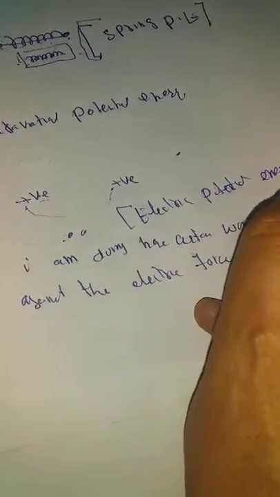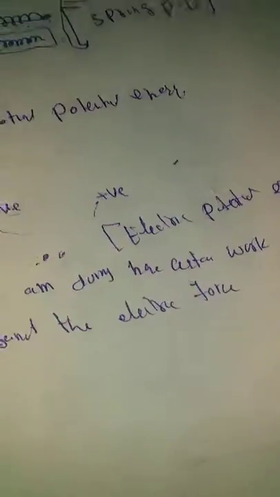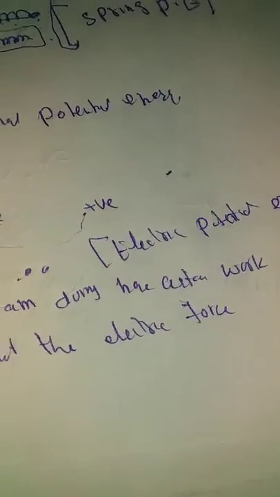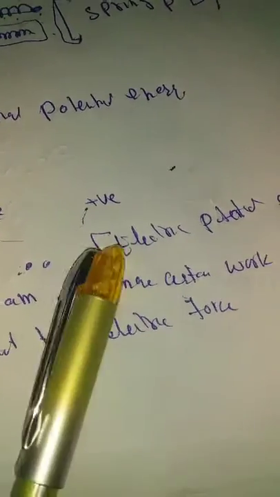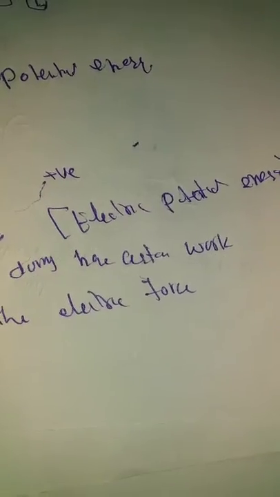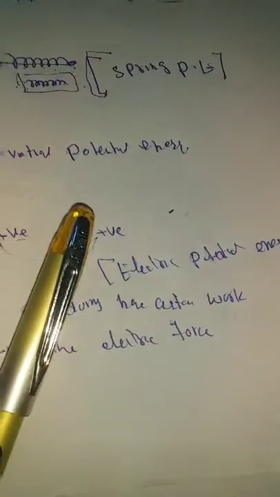That means it depends upon the situation. Here it is called gravitational potential energy, and in a spring we call it spring potential energy. When like charges are brought closer by some external force, external work is done on them. This is called electrical potential energy. I hope you have got it.